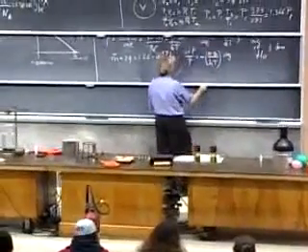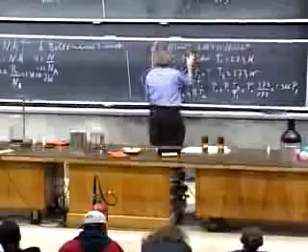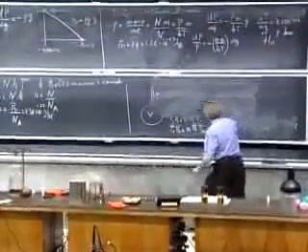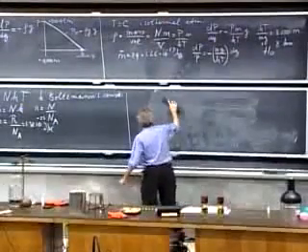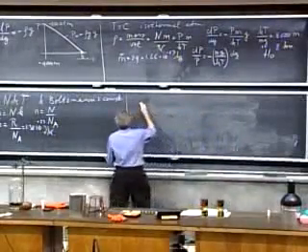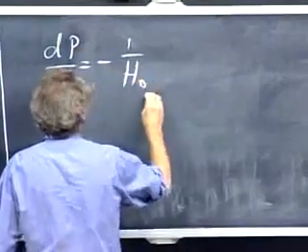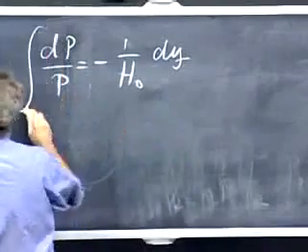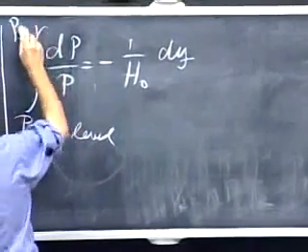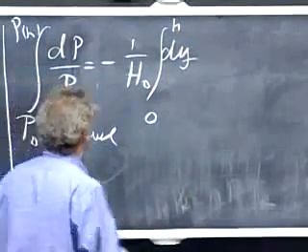So I will rewrite this a little. We're almost done with our integration. So I will rewrite the equation and introduce for that constant 1 over H0, because remember, I turned it upside down there to get length. So we have dP over P equals minus 1 over H0 times dy. I integrate this between P0, which is sea level, and P at some altitude h. And so dy between 0, sea level, and altitude h. And that's an easy integral.